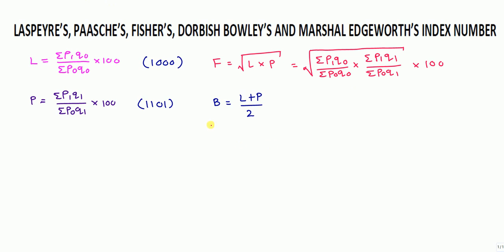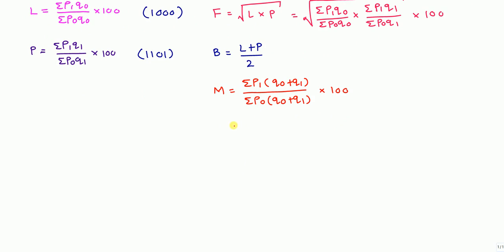And Marshall's index number also depends on Laspeyres and Paasche. See, what is the formula of Marshall? Marshall-Edgeworth's index number is equal to sigma P1 multiplied by Q0 plus Q1 divided by sigma P0 into Q0 plus Q1, into 100. Now open this bracket, multiply sigma P1 with this bracket, and we will get sigma P1Q0 plus sigma P1Q1 divided by sigma P0Q0 plus sigma